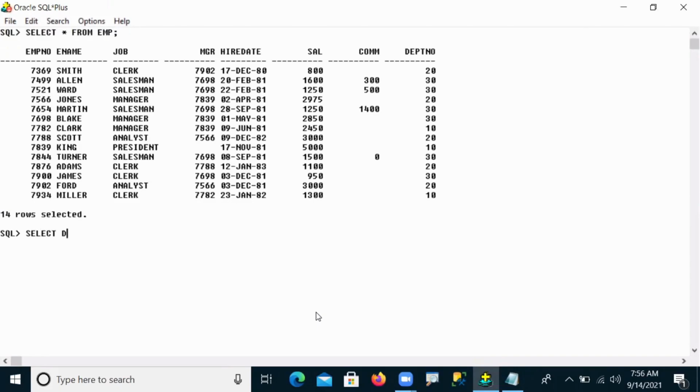Select, for example, department number, count of stars from EMP, group by roll up of department number column. So in this example, my roll up is applied on a single column. I'm not using any multiple columns here, I'm passing only one column along with my roll up, only one column operation. So when I executed this one,